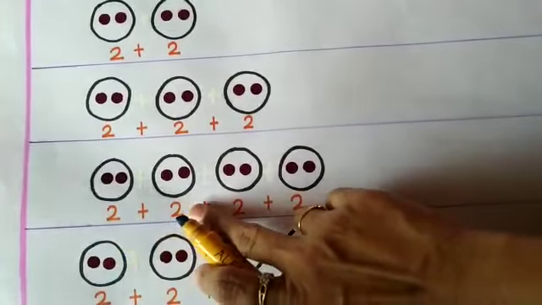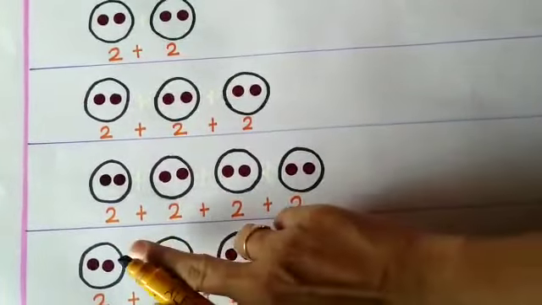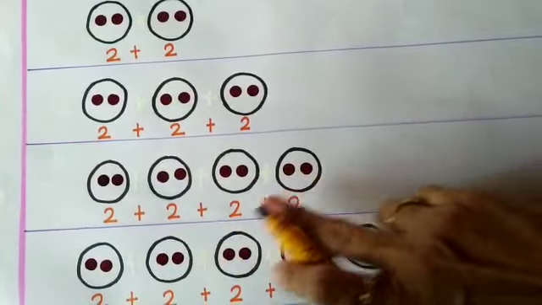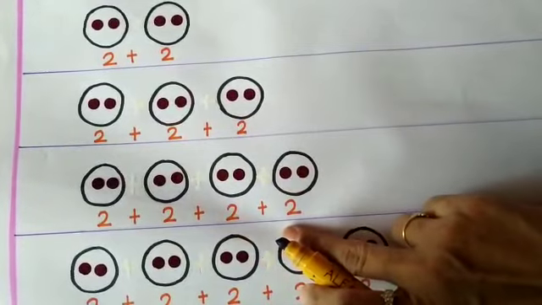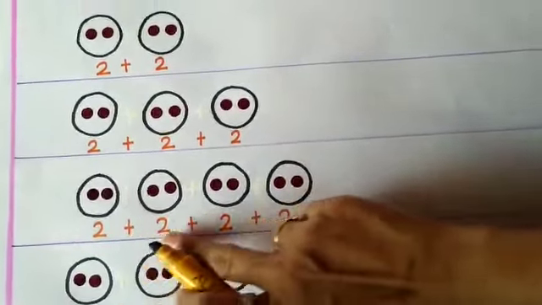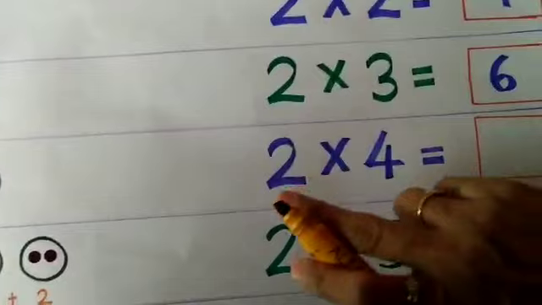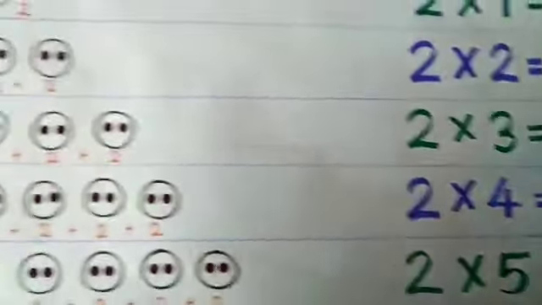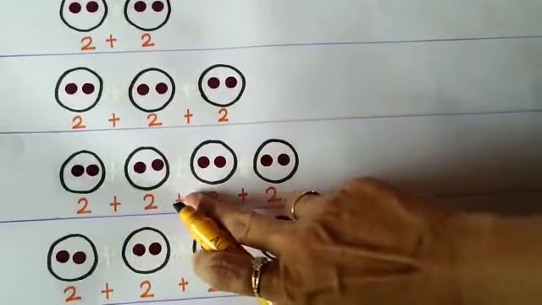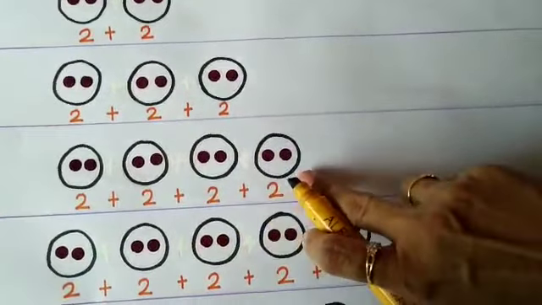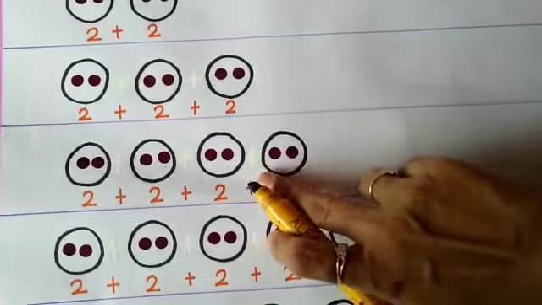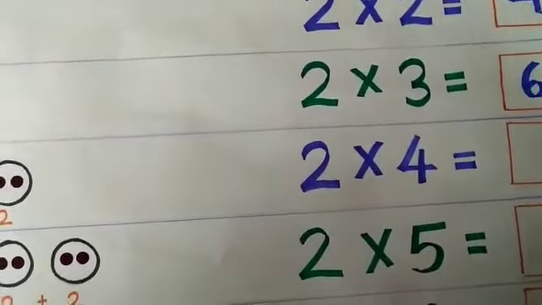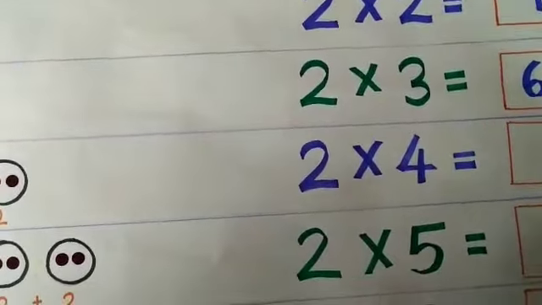Now again you can see here 4 circles. In each circle there are 2 bindis. Now how many times have we taken this? 1, 2, 3, 4 times. So 2 you are going to add 4 times, isn't it? So 2 4s are, what are we going to write? 2 into 4. So 2 into 4, how many will it become? Here this 6 bindis plus this 2, so 7, 8. So now these bindis are how many? 2 4s are 8 bindis.